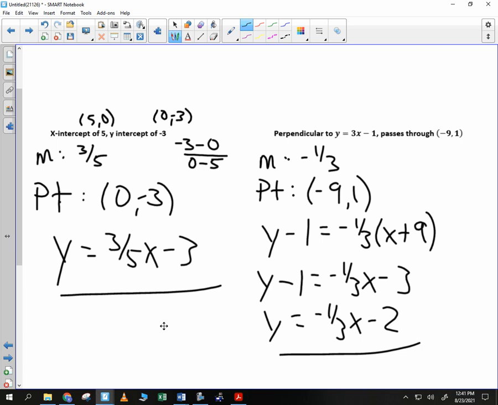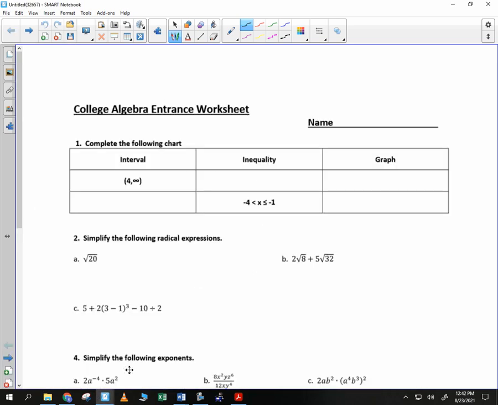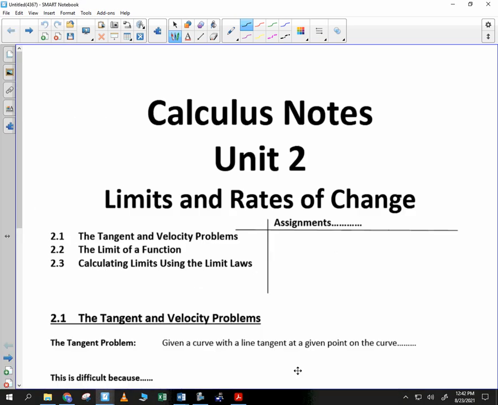Excellent. That's a basic review into some functions and writing equations for lines and things of that nature. I know that some of it will stick with you better than others. We will continue to review things as we move along. I promise I will dedicate a significant amount of time to a trig review as well as an exponential logarithmic review at later times. Take out your new packet that we are at within our notes, and let us start